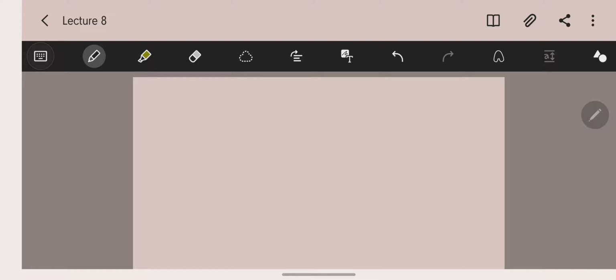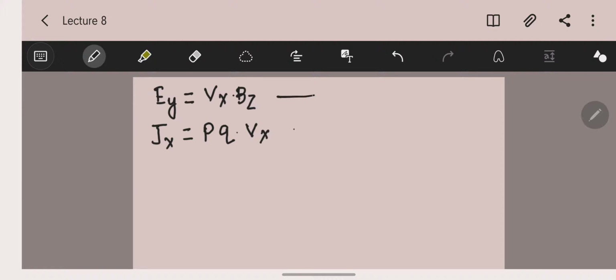This voltage V12 is known as the Hall voltage. Let me move towards the derivation of some equations that will be helpful in solving the numerical problems. Now what we have here is an induced electric field, Ey equals Vx into Bz. We also know the current density Jx. How can we define this Jx? Considering a p type semiconductor material, Jx equals P into Q into Vx. This is the equation that is already known, this is equation 1.